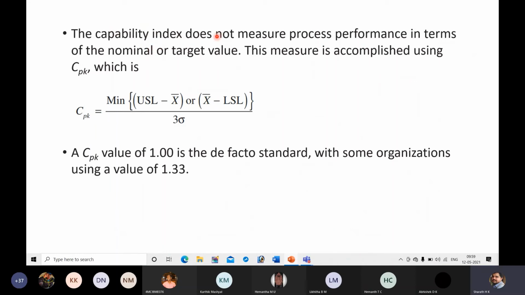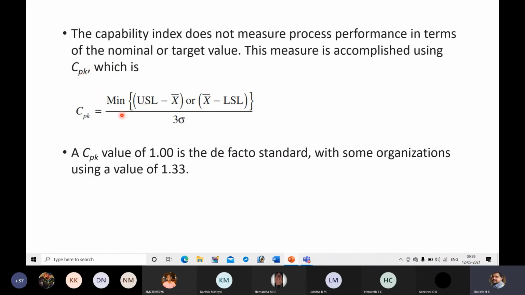The capability index does not measure process performance in terms of the nominal or target value. This measure is accomplished by using Cpk. The capability index will give you an idea about the quality of the products, but it doesn't measure process performance. What is the performance of the process? In order to measure the performance of the process, we make use of another